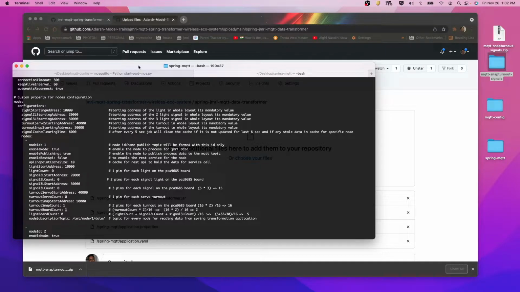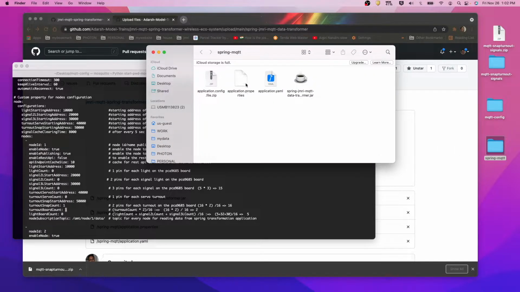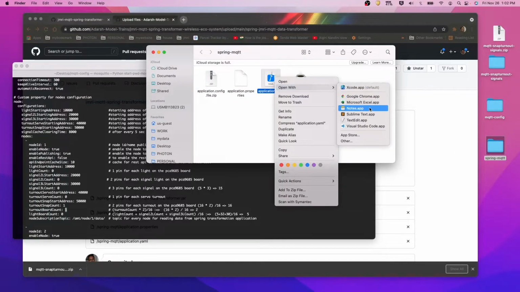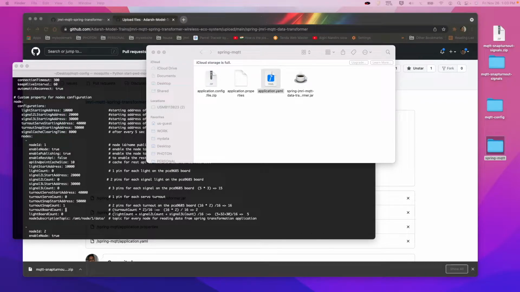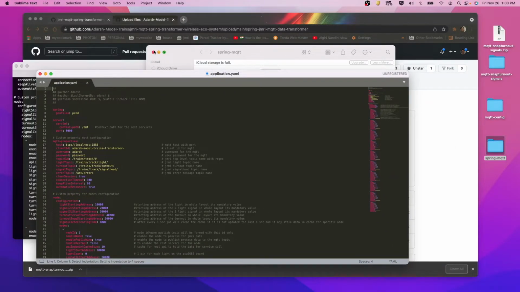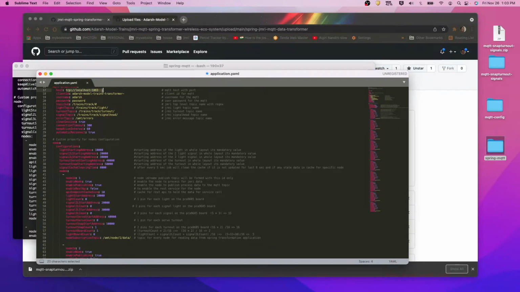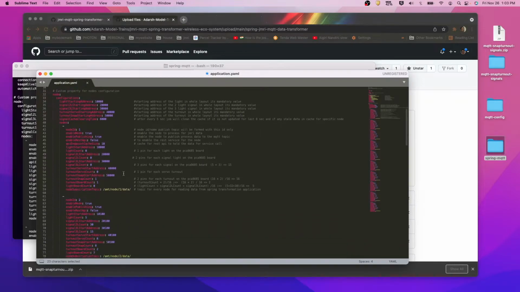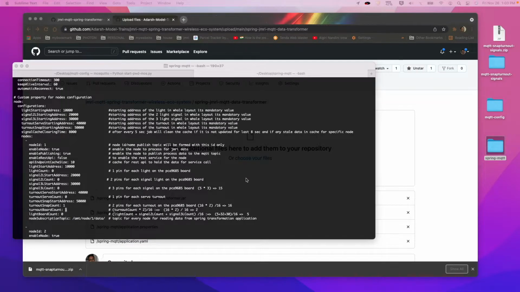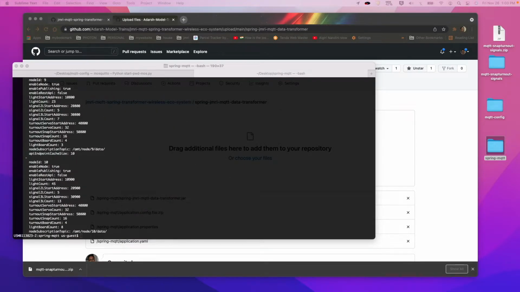So this is our configuration. You can take any YAML editor and edit this like this. All this information I have already shown in an earlier video, how we can tweak those things and what they are meant for. So here we need only one node with one snap turnout, and for one snap turnout one board is required.